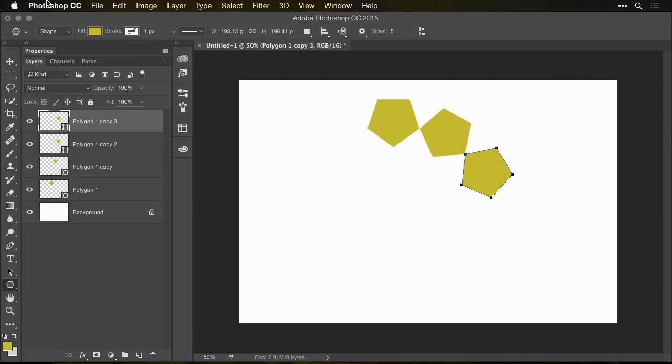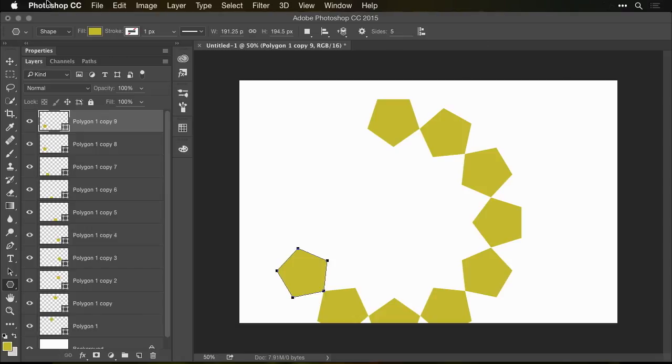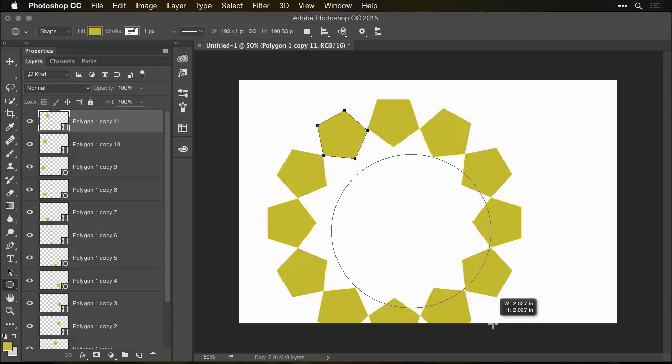Duplicate the layer, Command J, Shift Command T, Command J, Shift Command T. Command J is duplicating the layer, Shift Command T is transforming it again. Okay. See how we can go around and create something a little more sophisticated with that? We can also come in here and then choose the ellipse tool. And I wish I had marked that spot where I rotated it because that would be the center point. But I can come in here and create an ellipse then to create the center